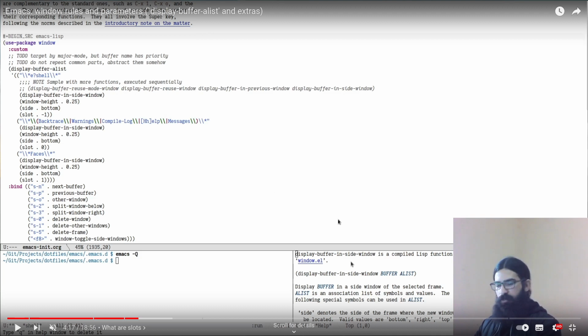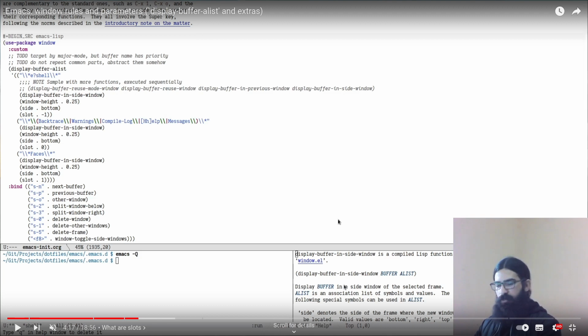visible to show information that's related to your main buffer. So if you're working on something here, you can actually have it always showing your messages buffer down here and stuff. And you can actually set it so that you can't switch to the buffers. So in my case, I was showing you something you would interact with, the dired buffer in the left-hand side. But in some of these cases, you don't want to have a buffer that you can interact with. You're just using it to display information related to what you're doing in the main window here. So you can set it so that you can't switch to these buffers with Control X 0